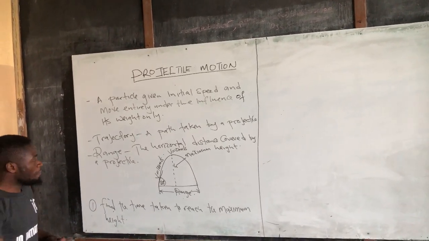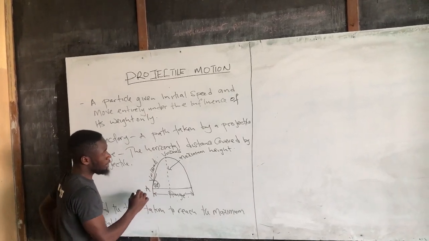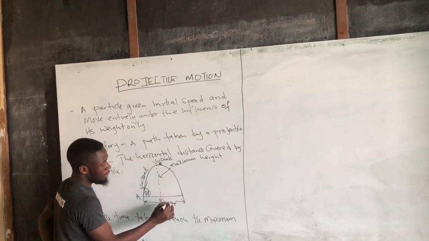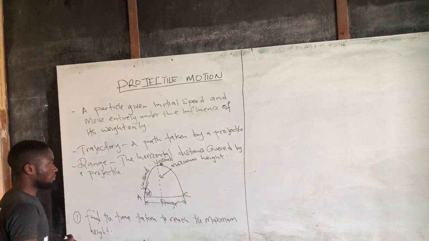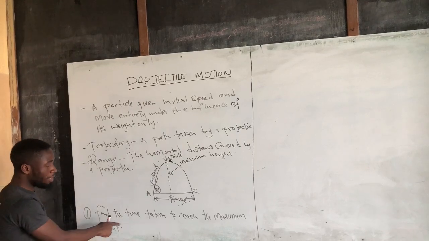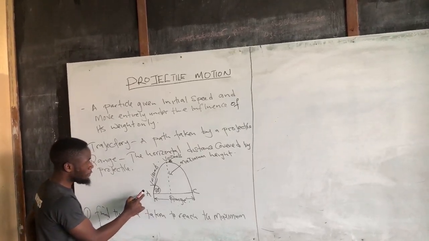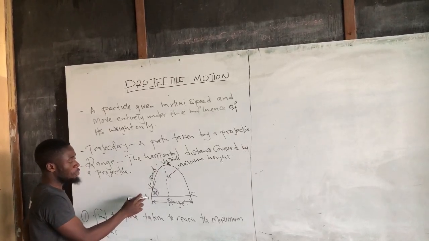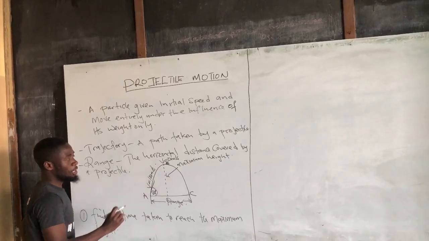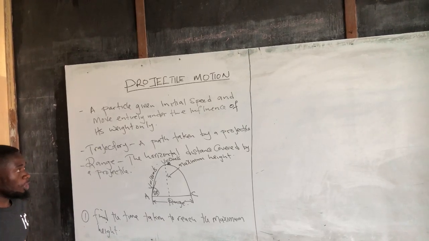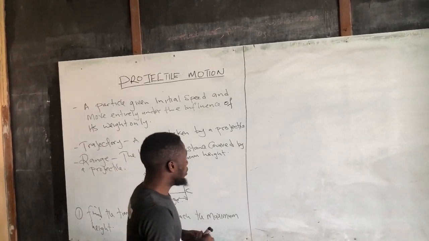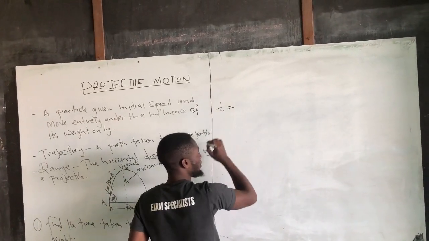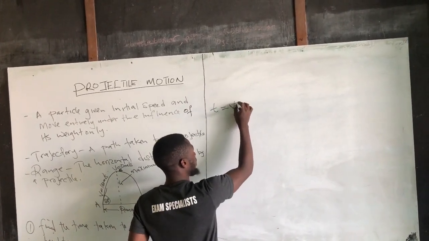Let's say this point is A, the ground is A, the maximum height is B, and then the ground is C. Now find the time taken to reach maximum height. Meaning, let's find the time from A to B, because B is where the maximum height is. Here it's just a direct formula. T, the time taken to reach the maximum height, equals V sine